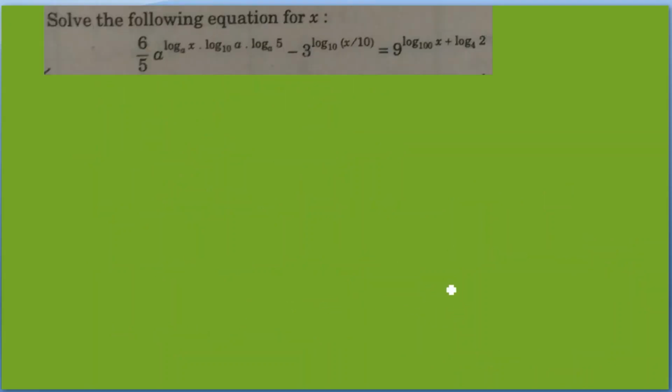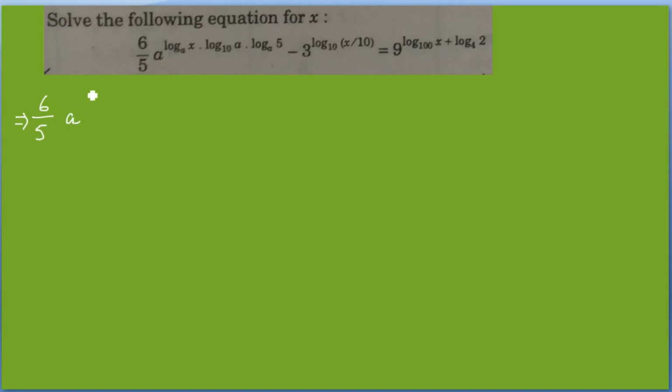Okay, now this is very good question. So it is also logarithmic equation. You have to find the value of x. So start with this one. So 6 upon 5